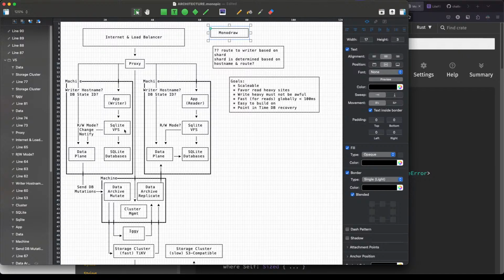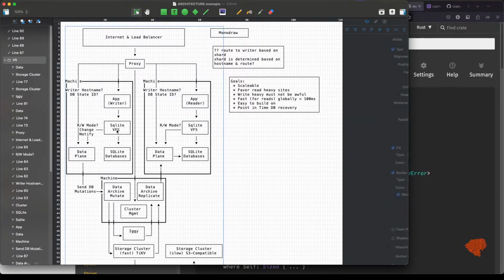So instead of using a fuse-based file system, we are, well, if you don't know what LightFS is, it's basically a system that allows you to make changes to a SQLite database on one location, and the changes appear on another location. Locations being machines or directories, whatever you want.